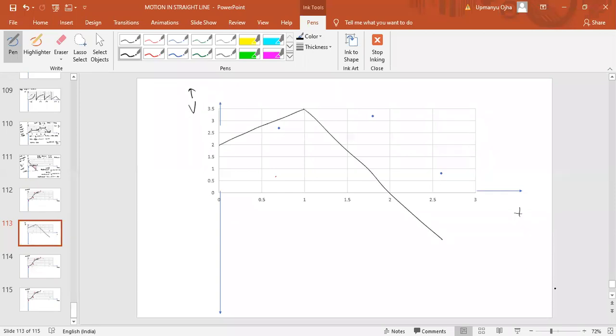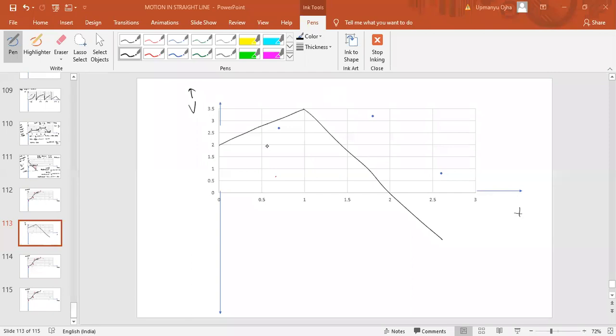Now, what can you understand from this graph? Can anyone explain to me? Relative velocity is not there. Only the graph is there. What can you understand from this graph? If a velocity time graph is given like this, then what can you understand from this? Okay, for some time uniform acceleration, then uniform deceleration. Very good. Yes, correct.